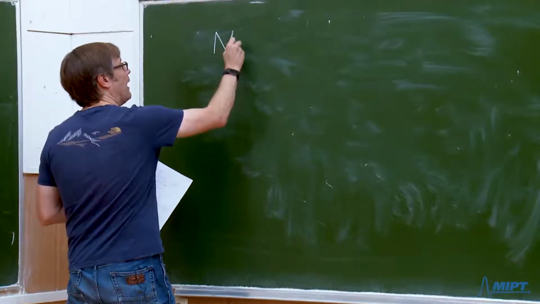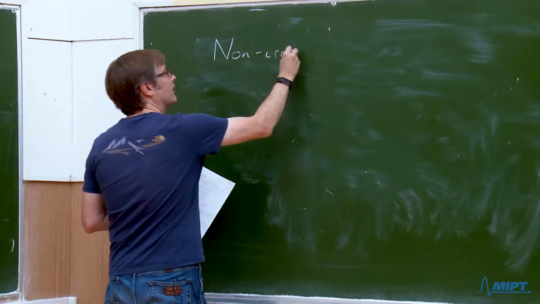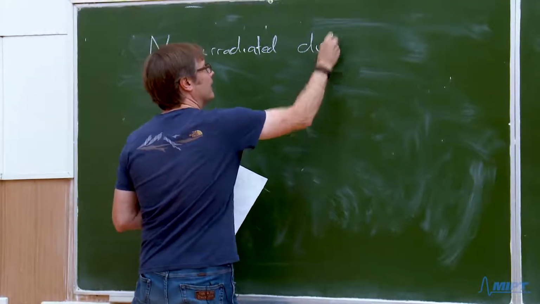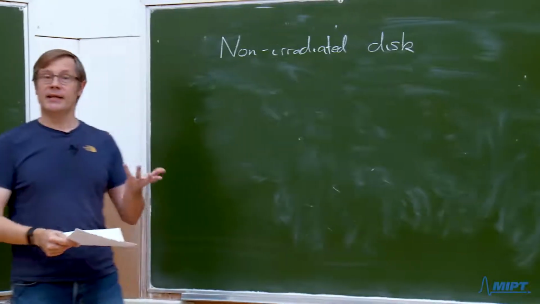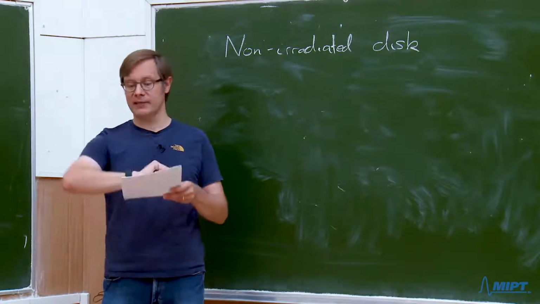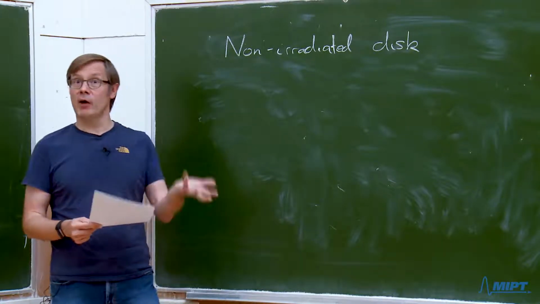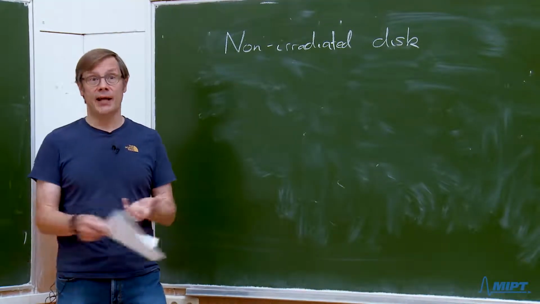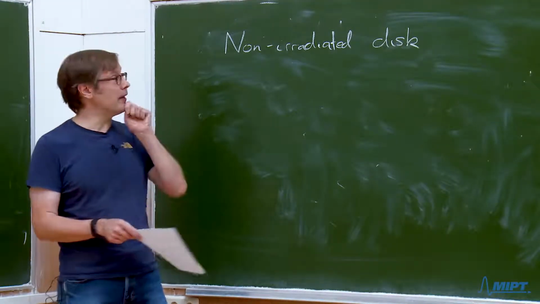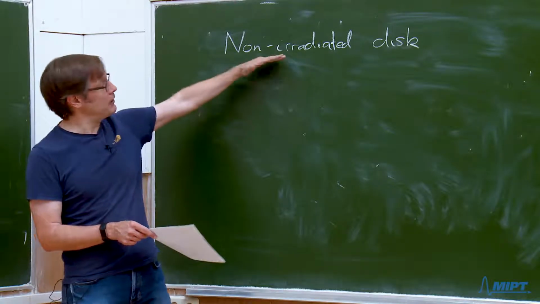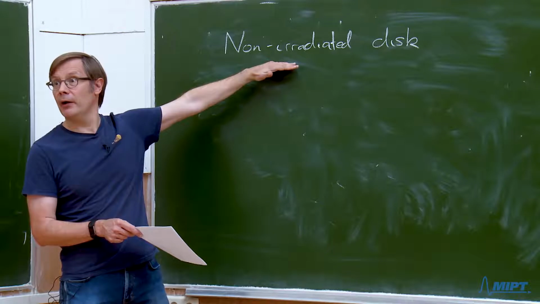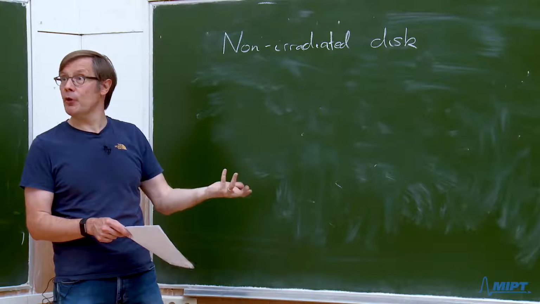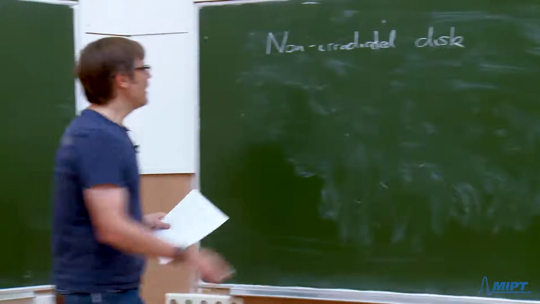And in the simple case, what we consider is a circumstance where we have a non-irradiated disk. Okay, so going back to yesterday, we said that there were two possible heating processes within disks. One was radiation from the central star, and the other one was dissipation of gravitational potential energy as material is flowing towards the star and being accreted. So for this argument, at least in its simple version, I'm going to neglect the stellar irradiation component. Okay, so I'm going to assume that the disk is just being heated because of the accretion process itself. Okay. So then,